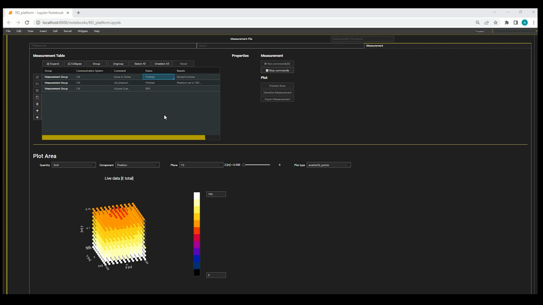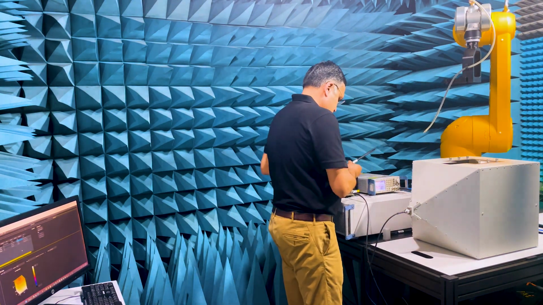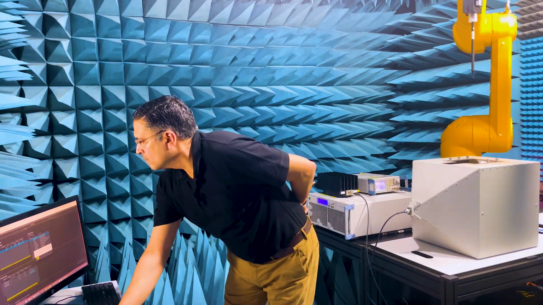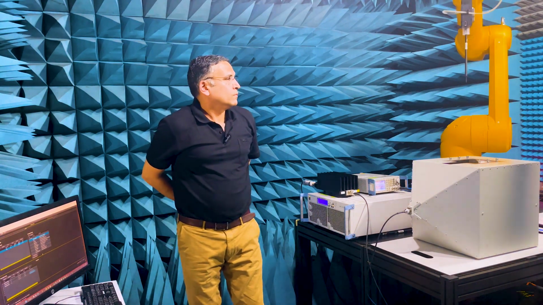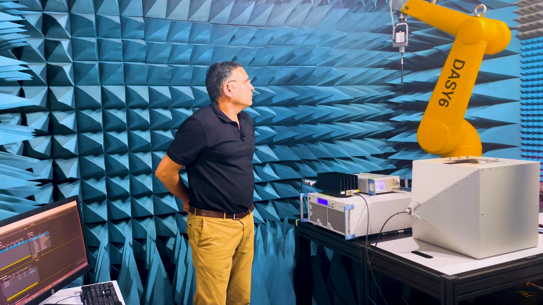After the E-field measurements are completed, I change the probe to H3DV in the physical setup as well as in the hardware setup window. I also perform the probe alignment to make sure that the center of each measurement point is identical to that of the E-field measurement.